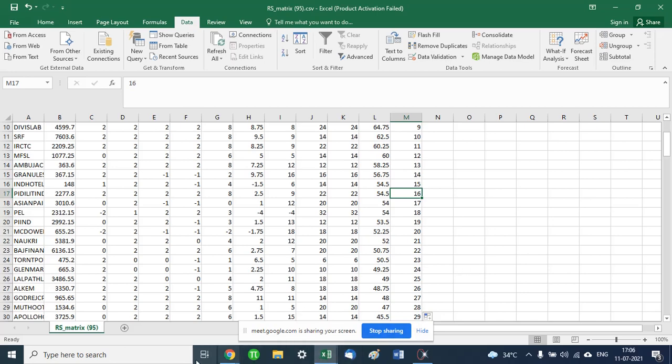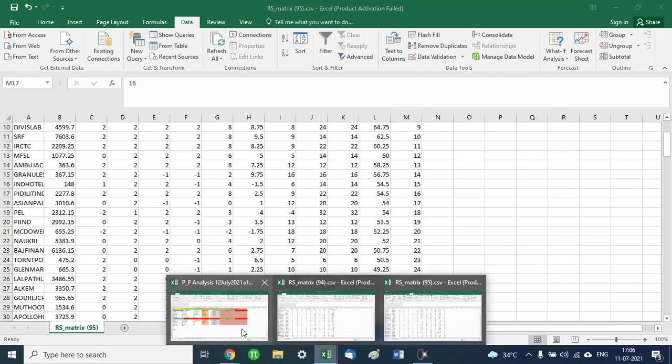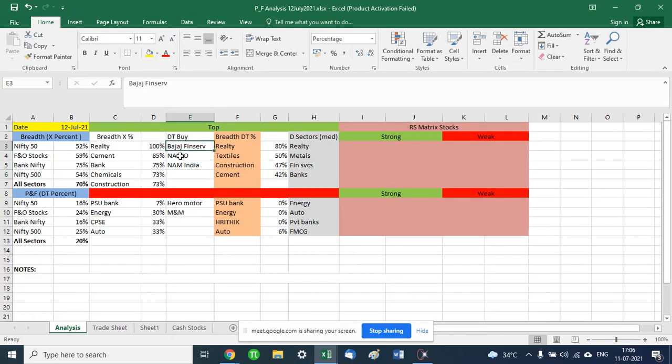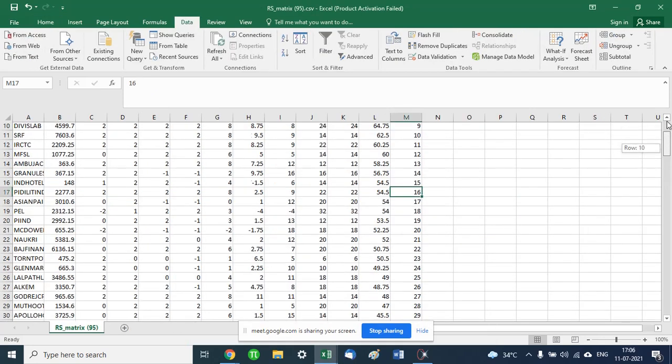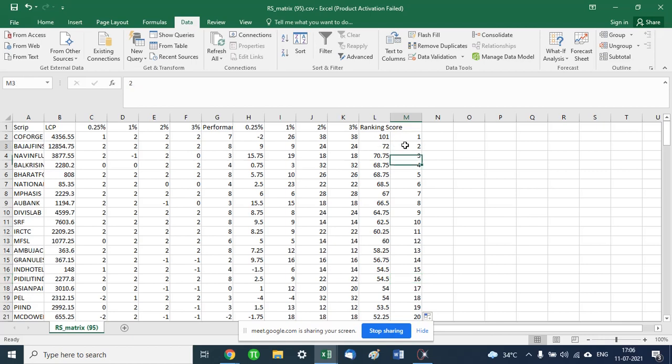So now that I have this report, I'm interested in Bajaj Finserv, Nalco, and NAM India. So I will look up their performance parameters here. If I go to Bajaj Finserv, I can see that the ranking is 2, which means it's ultra bullish, and it also has a performance score. This performance score is essentially the number of boxes in the column after the double top buy was generated. So this is clearly showing me that Bajaj Finserv is a very bullish stock. This is further confirmation that I am getting.